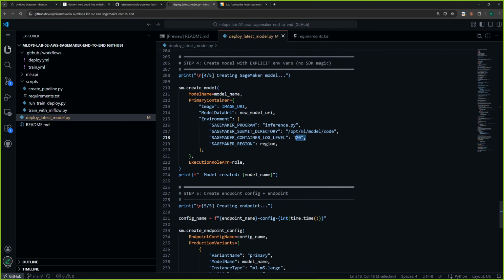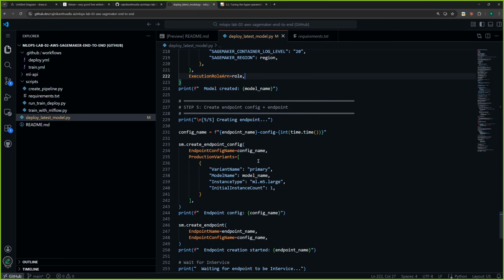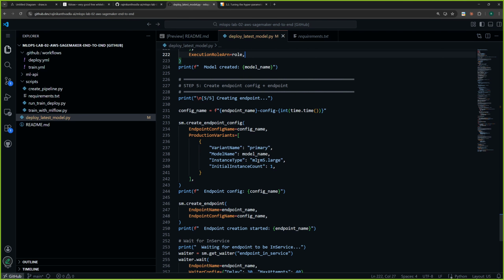And how much logging do you want to do? Yes, I want to set log to 20. And which region? The region is AP South 1 or something like that. Then it will use the execution role, the IAM role of SageMaker. Then it will create an endpoint. So this endpoint,